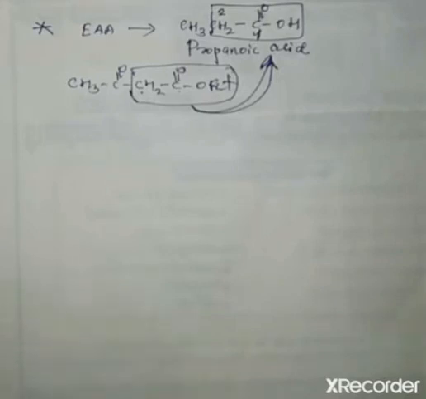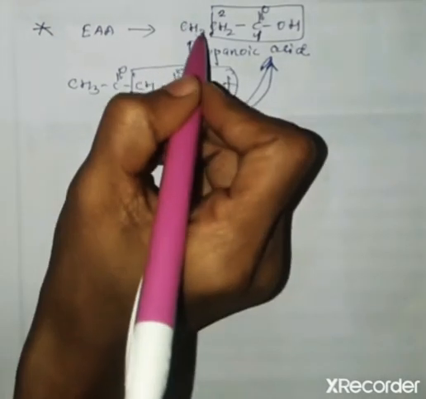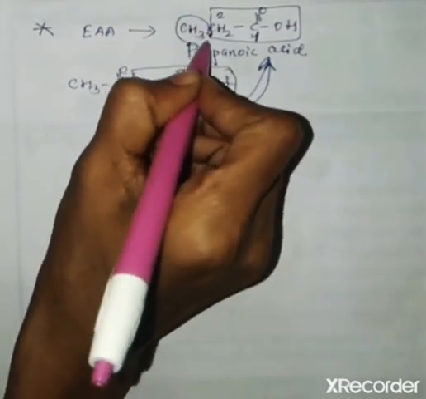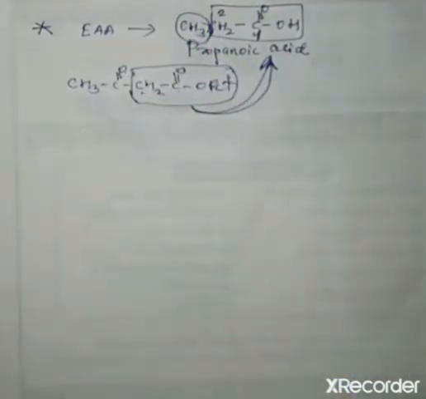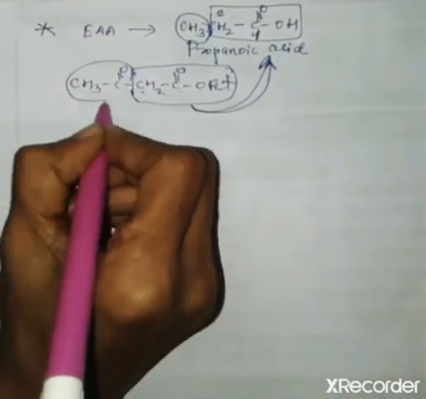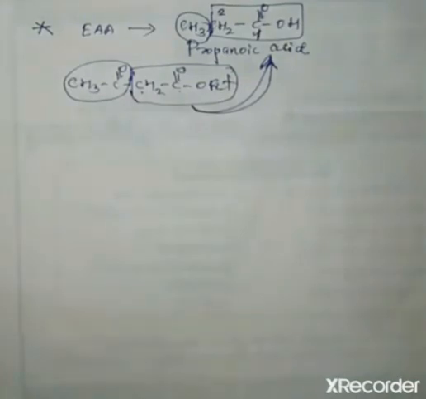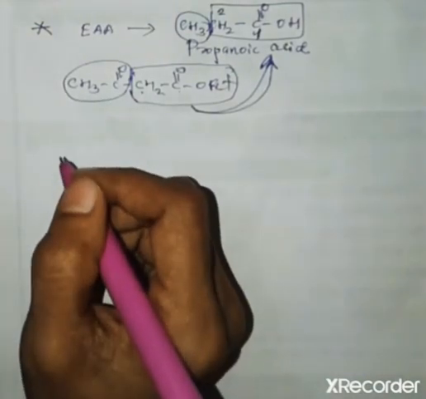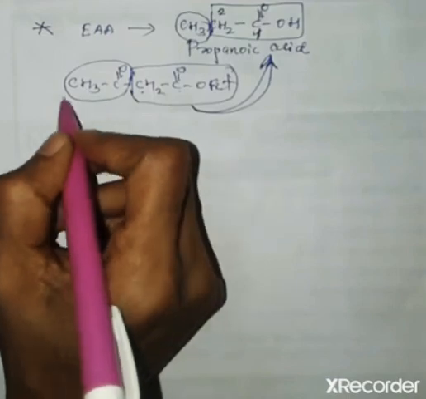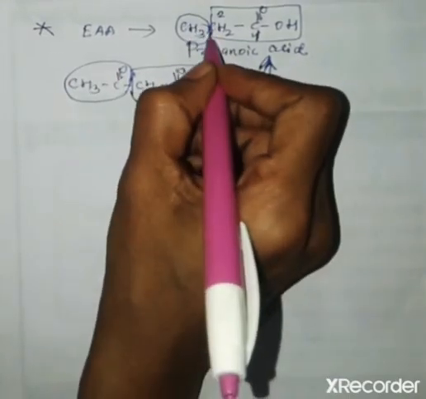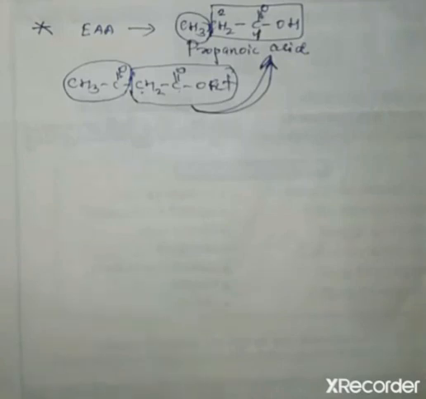Okay, then this methyl group, that is the other carbon atoms, where are they coming from? It is not coming from this group. We can remove this part by alcoholic hydrolysis, so this part does not come here. So this is coming from the other reagent that we can use.